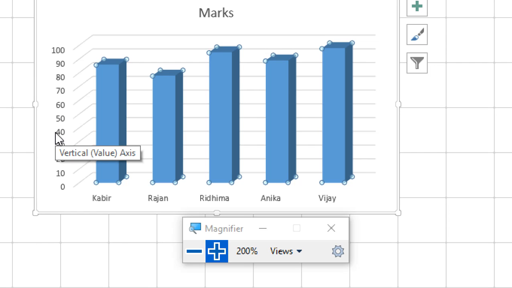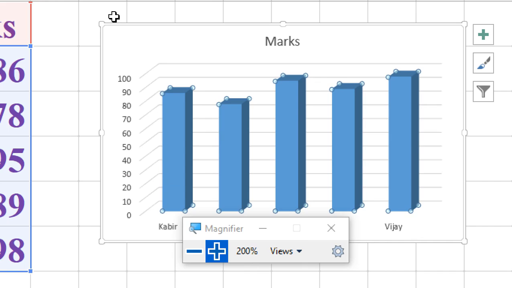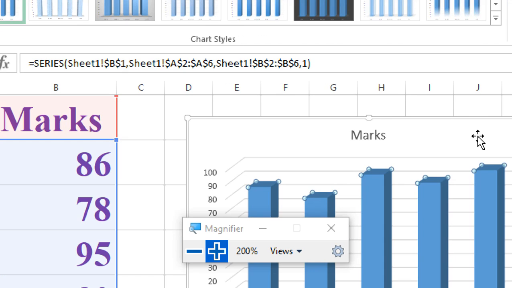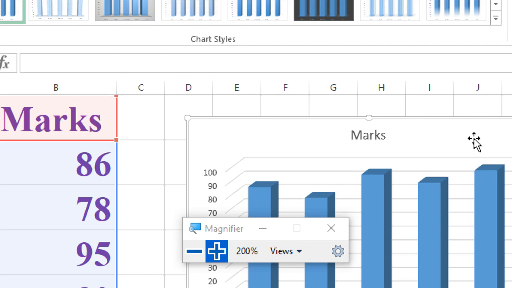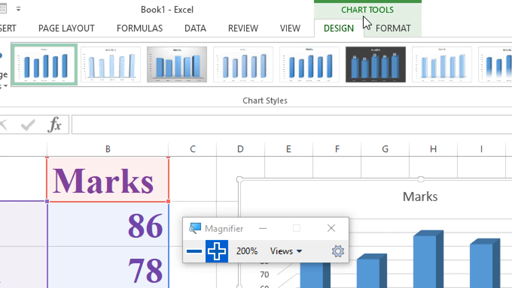So if you want to plot the x-axis name, y-axis name, and one more thing, a legend also, then we can change it. Whenever this chart is selected, जब chart selected होगा तब यहाँ पे chart tools के 2 tab extra new आ जाएंगे. Okay, chart tools 2 extra new tabs you will get on your screen. So go to the design tab.